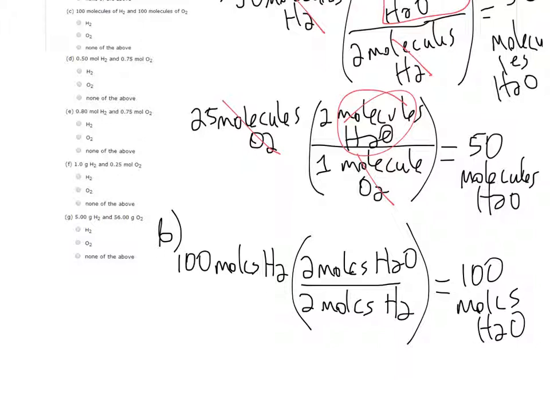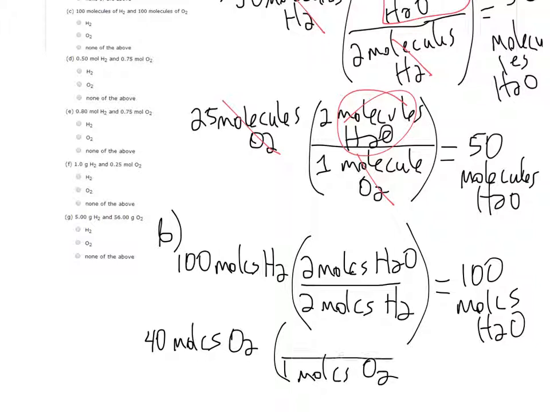If all of the oxygen reacts away, in this case 40 molecules of oxygen, and the ratio is 1 molecule of oxygen for every 2 molecules of H2O, we get 80